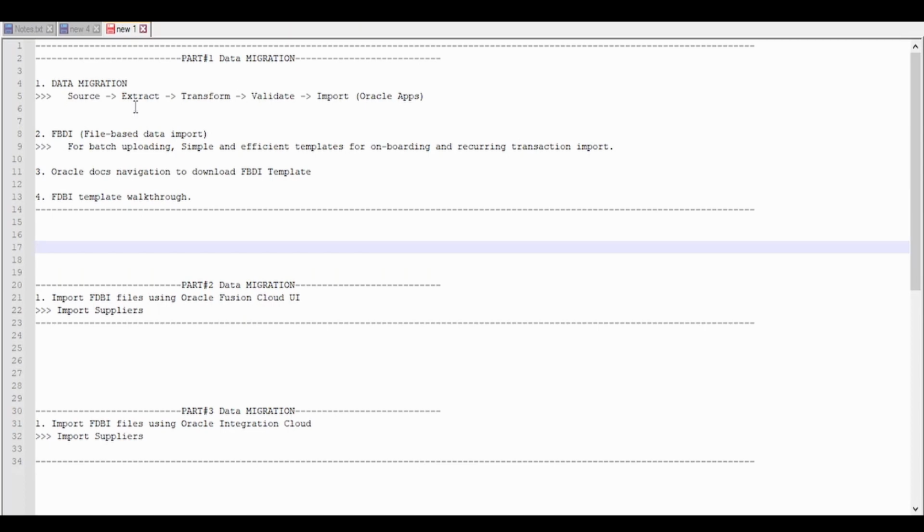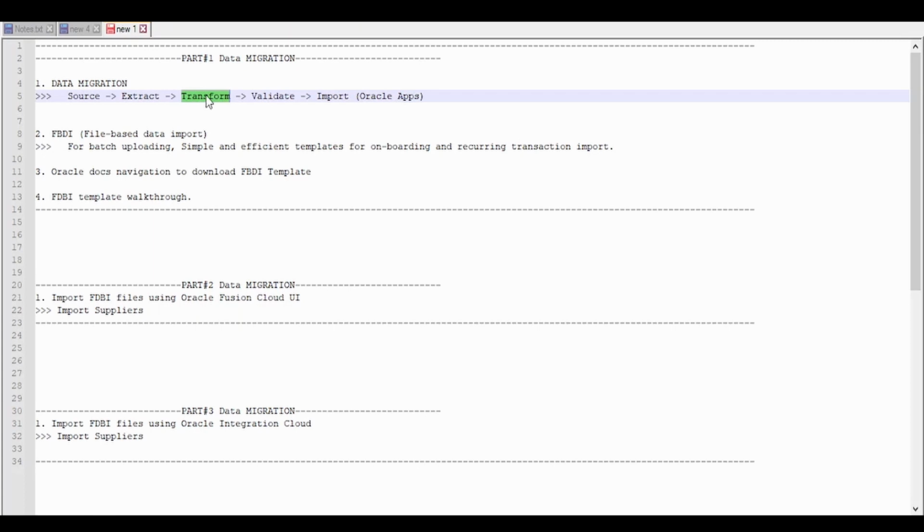Before jumping into how we can do it efficiently, let us learn what are the steps involved in data migration. First is the source. We have to identify our source system which needs to be migrated. For example, let me consider here our source to be Oracle E-Business Suite. First, we need to extract the data from our source application. Once we extract the data, we have to transform the data into the format which is acceptable in the target application. In this case, the target application is Oracle Fusion applications.